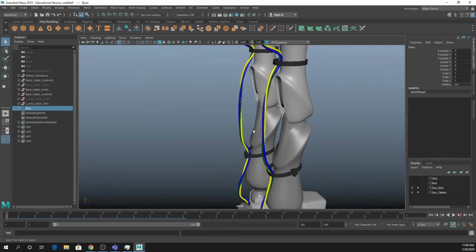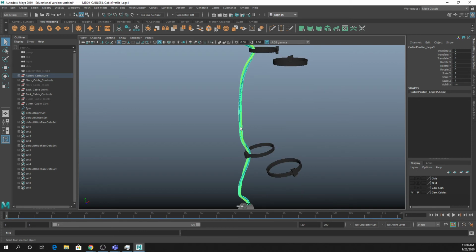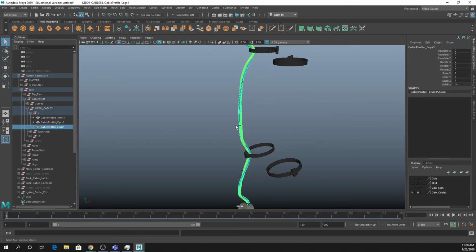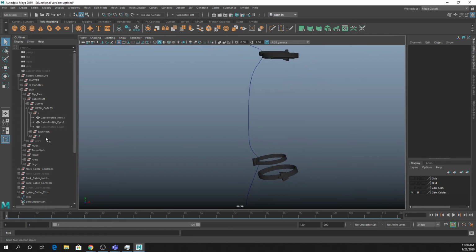All right, so I'm just going to hide some of this stuff and I'm actually just going to delete this part of the leg, why not? So I'll hide the geometry of the skin. I'll come through and I will hide the geometry of the leg. So right now we are only looking at